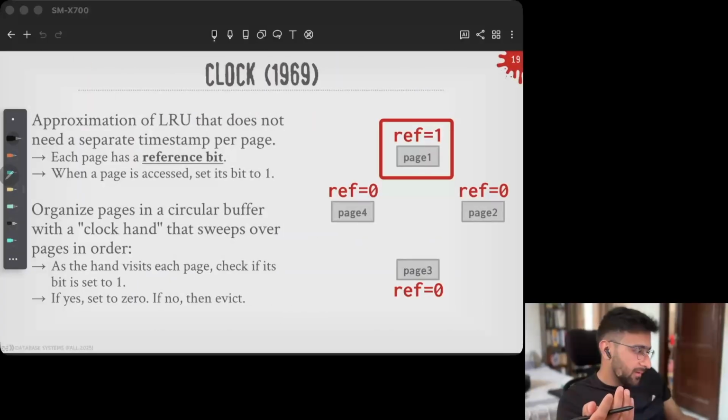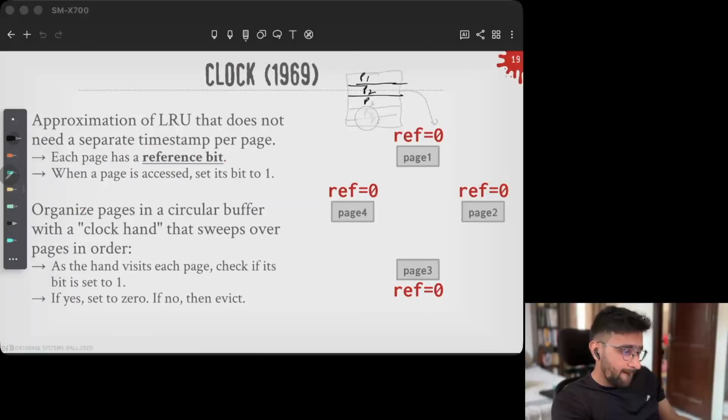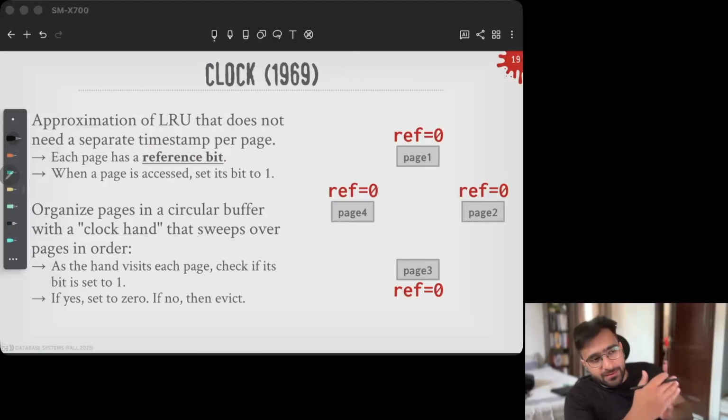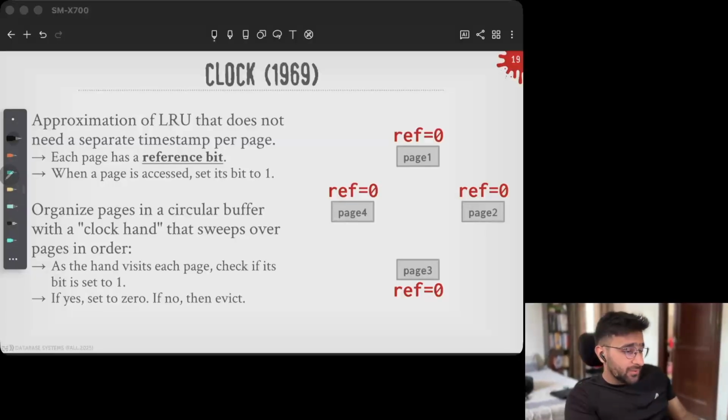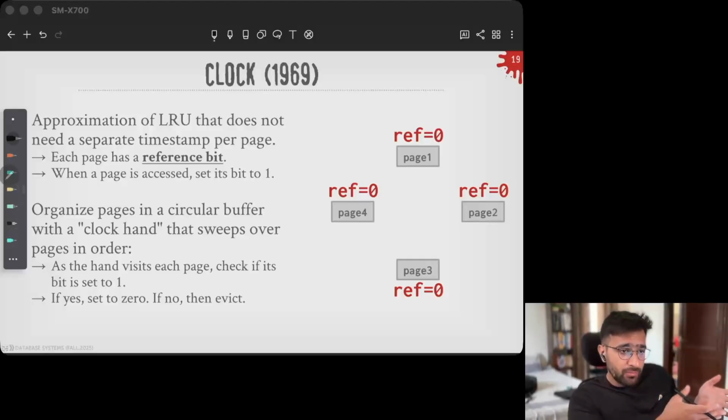Actually, I started with the wrong analogy there. Okay, let's restart this clock algorithm. Initially, everything is in memory. Pages are brought into memory, into the buffer pool, and I'm not very sure what the initial bit is there,